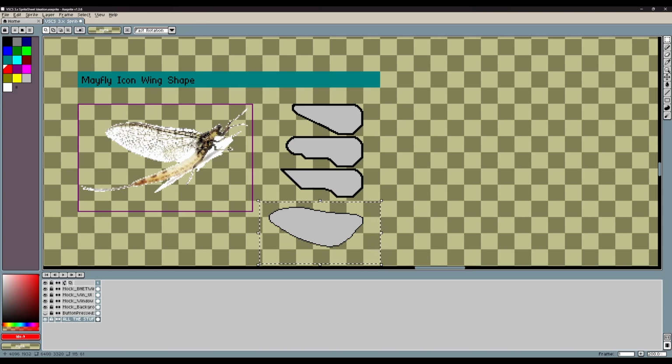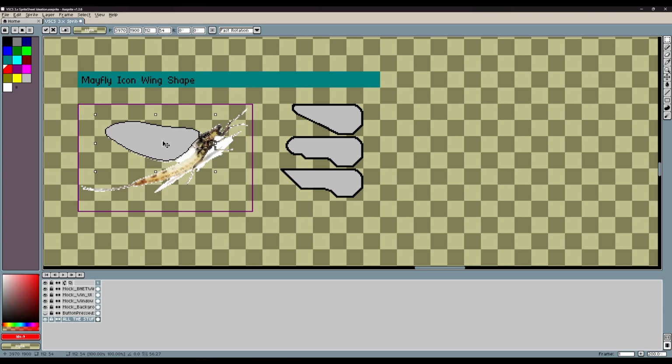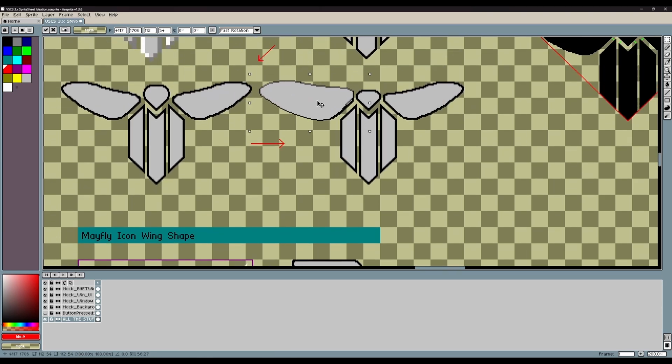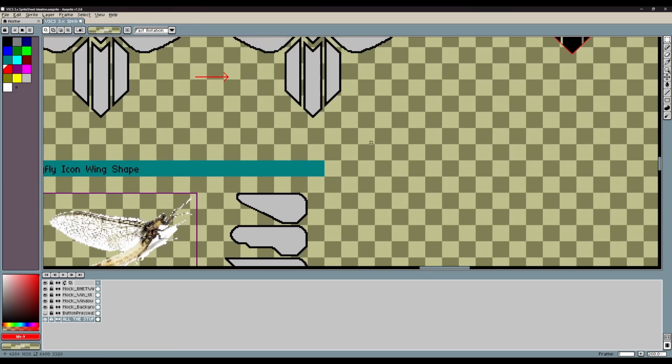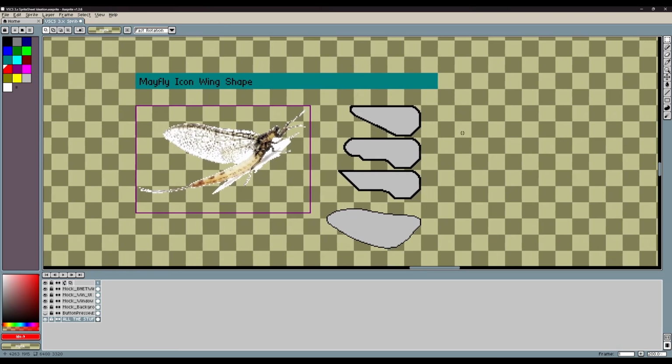And the only way I actually got a design that I was happy with was I literally just searched picture of Mayfly from side view, and I got this, and I cut it out, and I pulled it into Sprite and scaled it down to approximately the right size, and ta-da! I obviously had to change it quite a bit to make it line up with everything, but hey, if it works, right? You can get inspiration from all kinds of places. There's no such thing as cheating here, as long as you are making it your own, right? So yeah, that's the Mayfly icon.